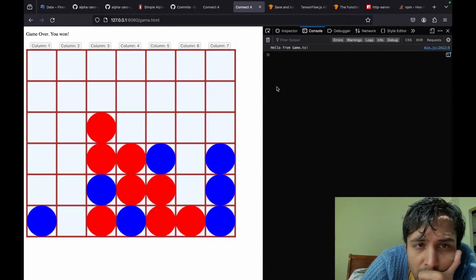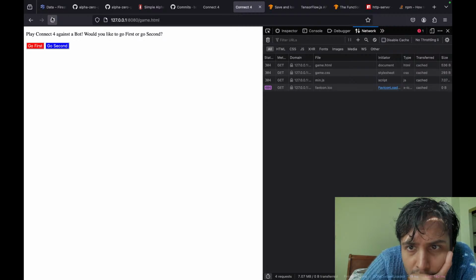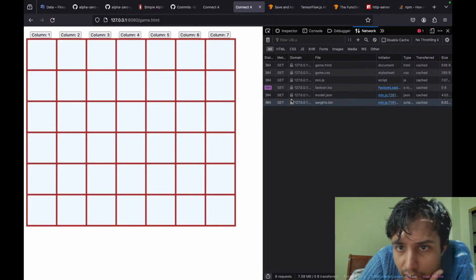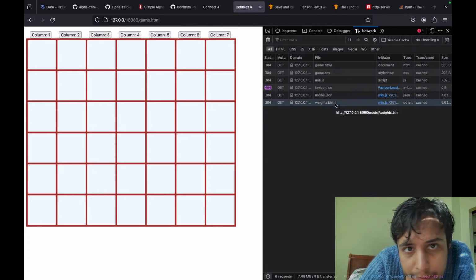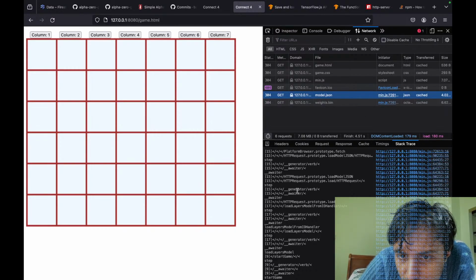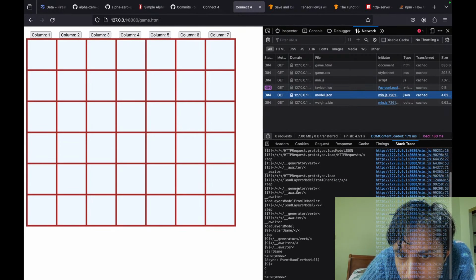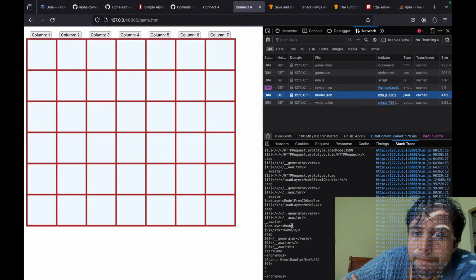Anyways, yes, yes, yes, yes. You see these three requests right here? model.json, weights.bin. Yep, this did it, right? Yeah, see, load layers model. Okay, this is a good place to